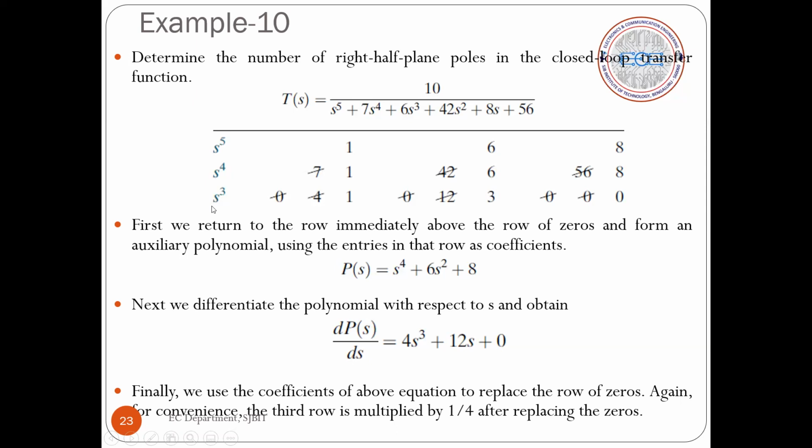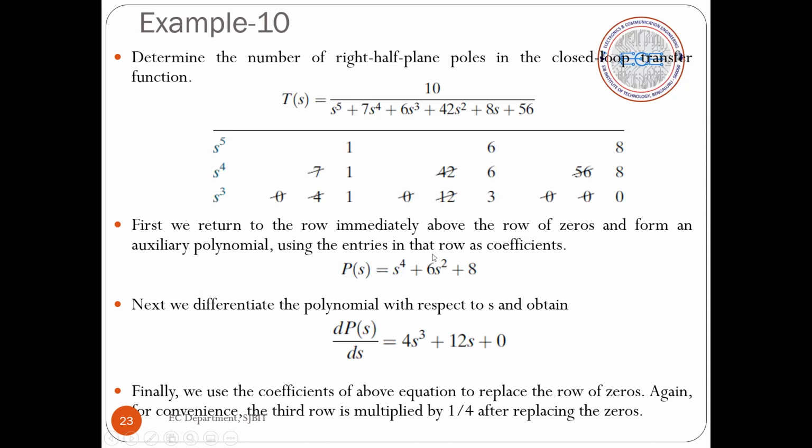Next is s power cube. While computing the s power 3 row, I got 0, 0, 0. So what to do for this condition? First, we return to the row immediately above the row of the zeros and form an auxiliary polynomial using